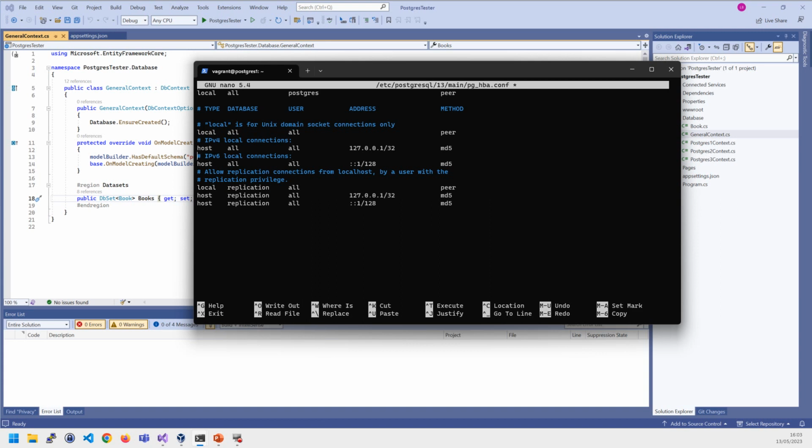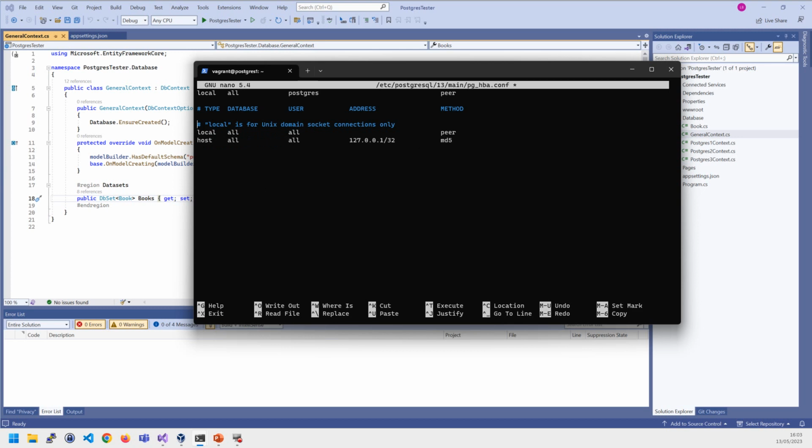What we're going to do is get rid of IPv6 because I don't have that enabled, and we don't have any replication. I don't really know why I added those in there, but let's just make it much simpler. We've got 2 rules at the minute, or 3 rules if we look at this one. This is the important default rule. So this says